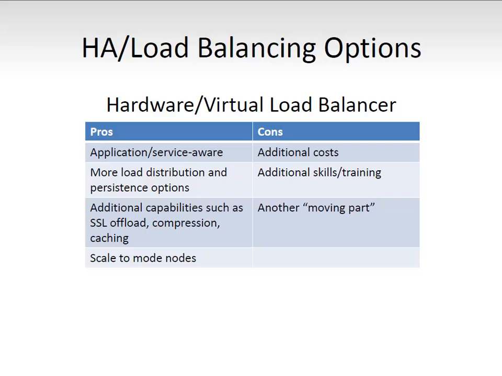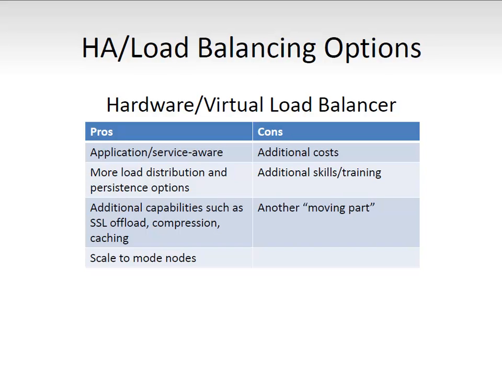The other option is to use hardware or virtual load balancers, and these also have some pros and cons. The pros are that these hardware or virtual load balancers tend to be application or service aware, so they can detect the failure of one single service and don't require an entire node to be down before they'll stop distributing traffic to that node. They have more load distribution and persistence options, which gives us a lot more flexibility in configuring how we distribute that load, and a lot more reliability in how that load is distributed and the way